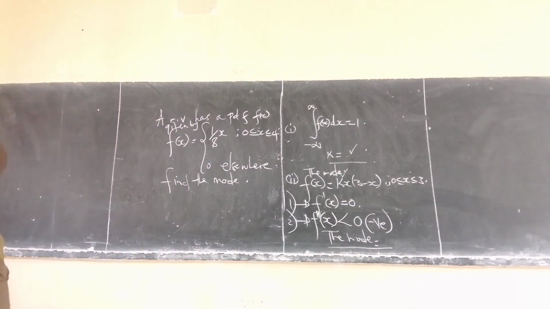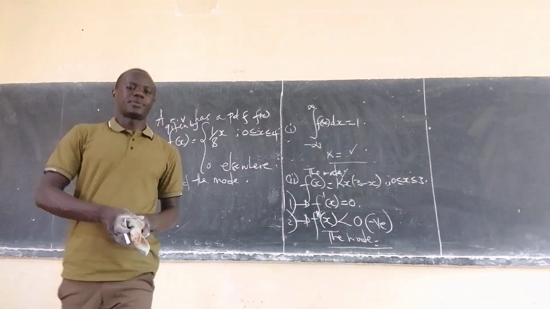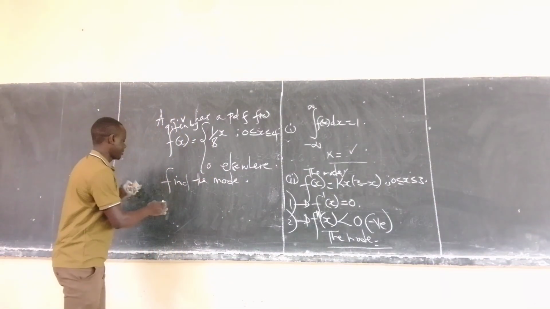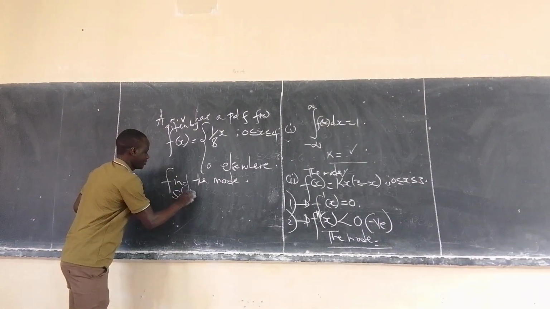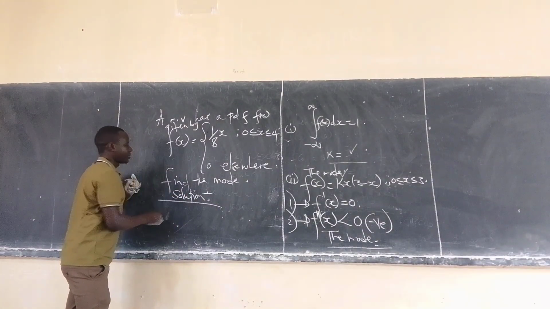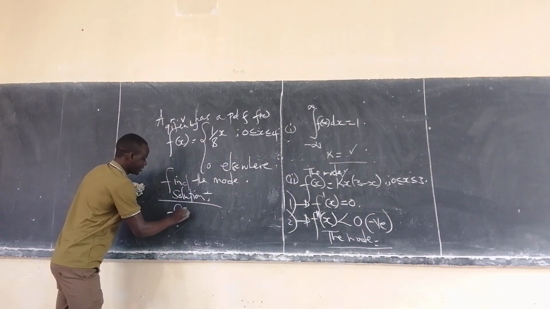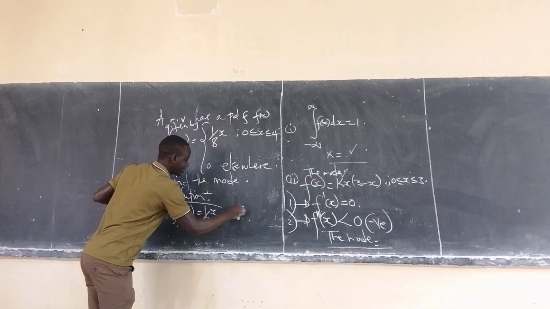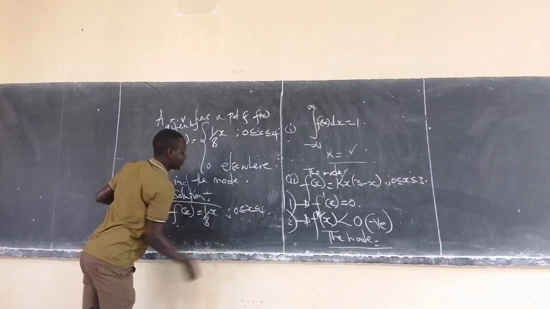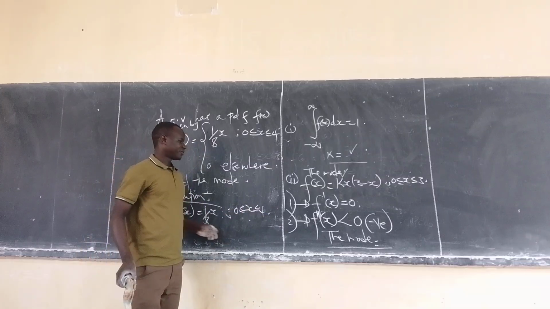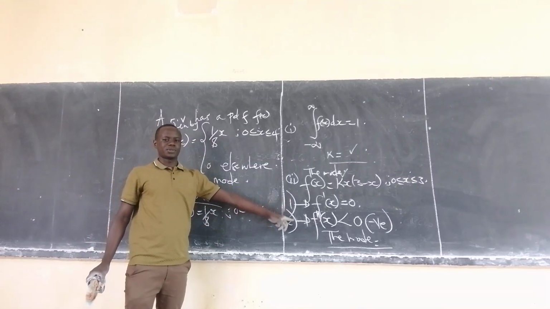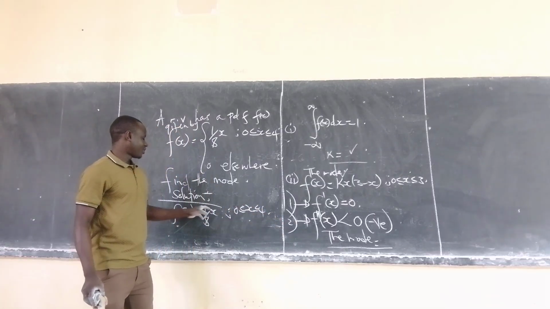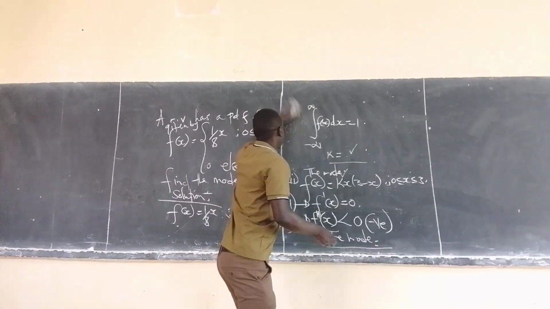We said the first step is to get f of x. My f of x is 1 over 8x. This is when x lies between 0 and 4. Now, if you attempt to follow these steps, it will not give you the answer, because now when f of x is 1 over 8x,